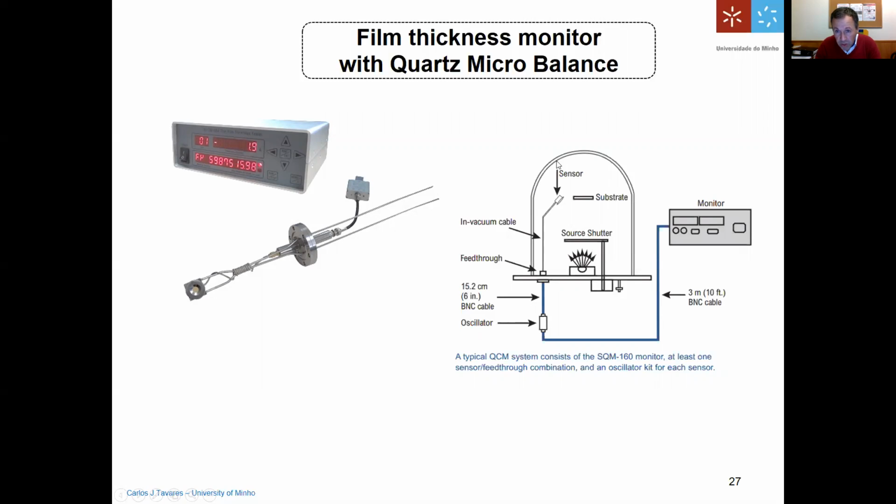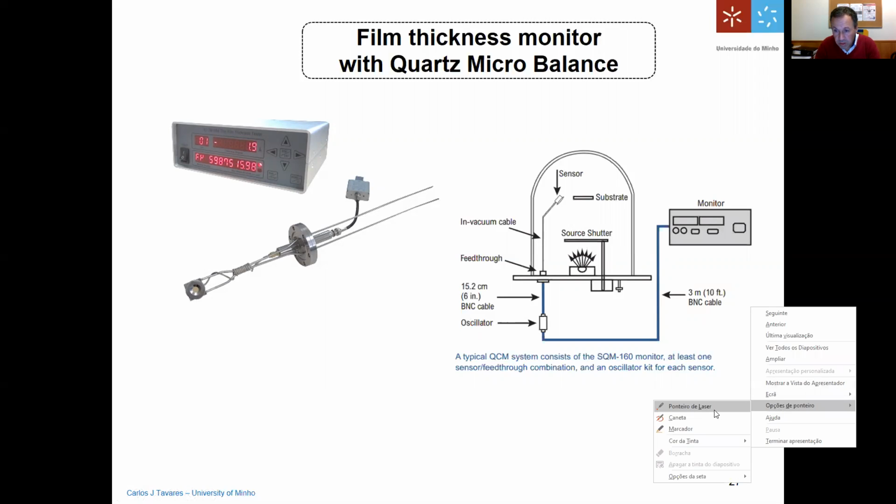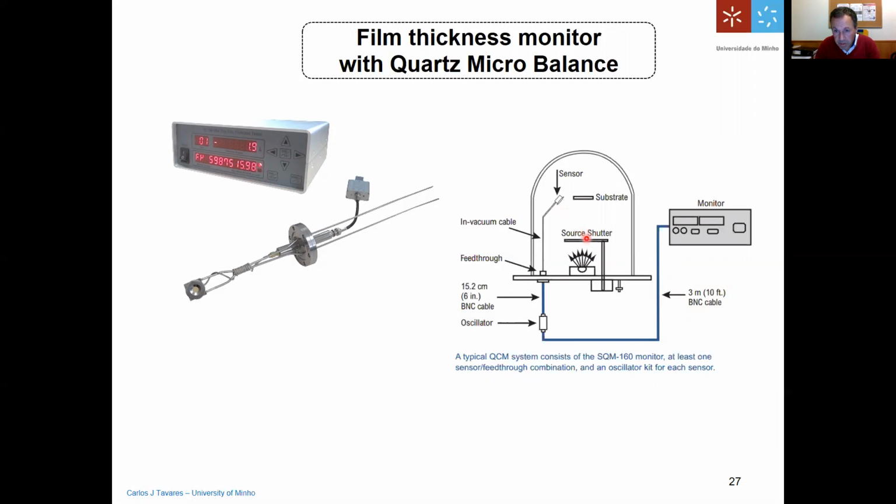So basically, this is your deposition chamber that you have here. You have to have a vacuum system. Here you put your crucible. You can have a shutter so that in the initial stages of deposition, you close the shutter. This is to prevent atoms from reaching your substrate or your sensor head. And when you decide to start producing your film, then you will open the shutter. As you open this shutter, you rotate this manifold, then the beam will travel, or these molecules and atoms will travel towards the substrate, and they will start to condense in a thin